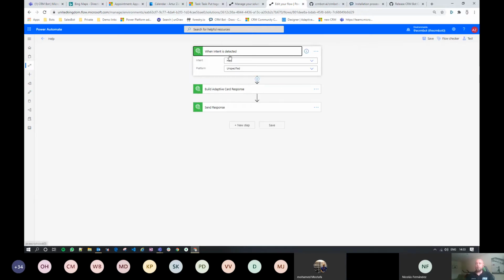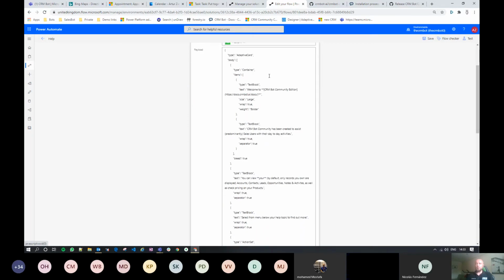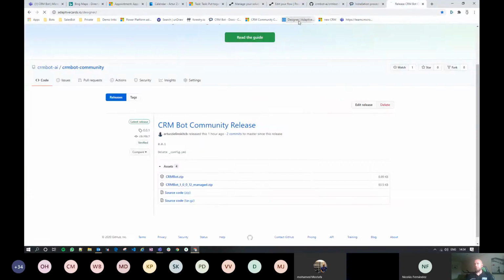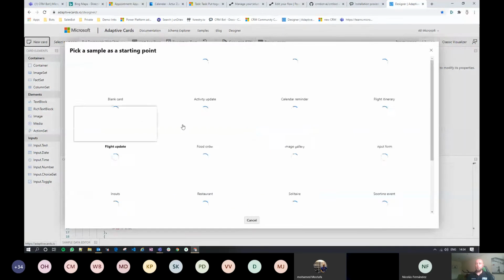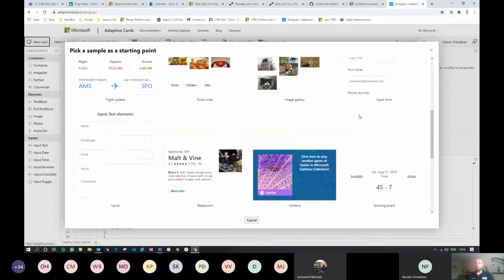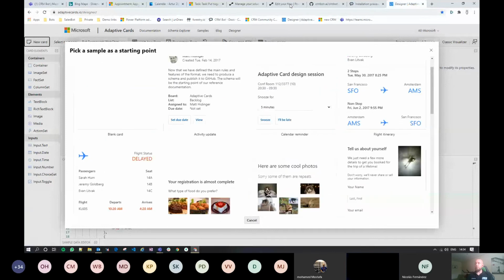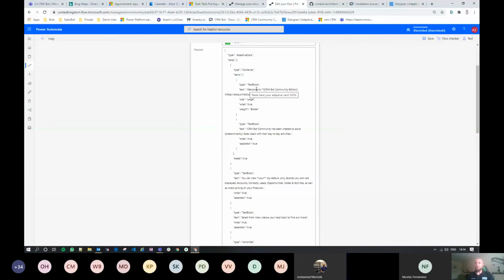So you basically have three actions. If somebody types help or asks for help on any platform, we built this sort of response. For those of you who are technical, you will love this, because this is an adaptive card. For those of you who do not know what adaptive cards are and how they work, there is a fantastic designer tool that allows you to build your own adaptive cards. You'll recognize that some of those examples are what I've been using in my demo. But you see here that we basically have a welcome message with some sort of link.